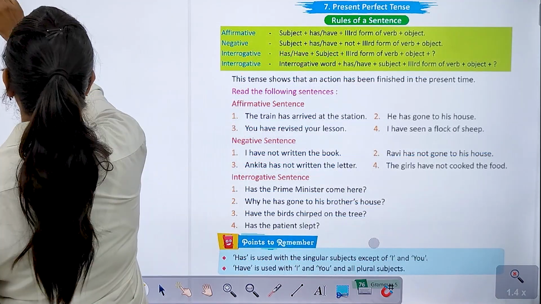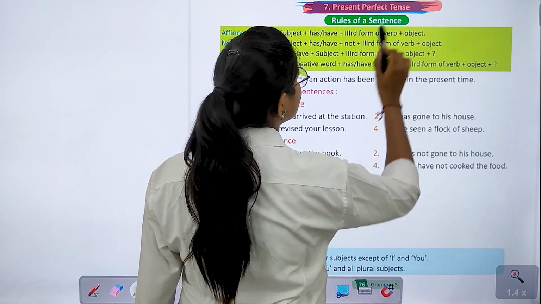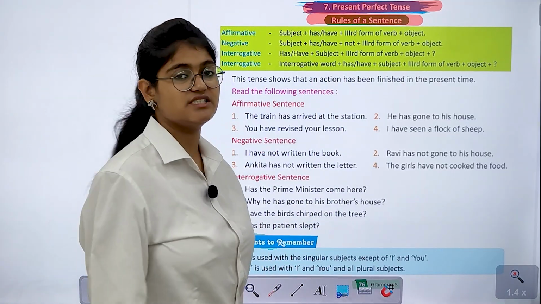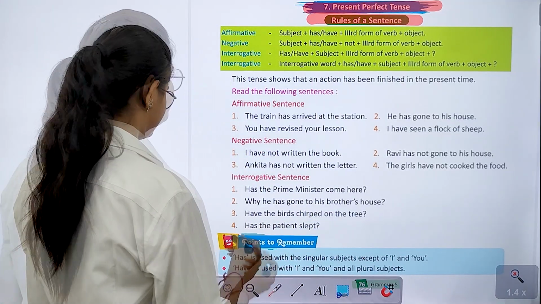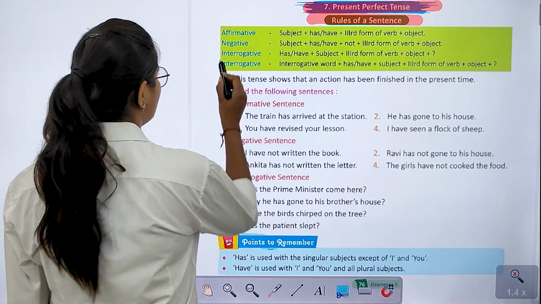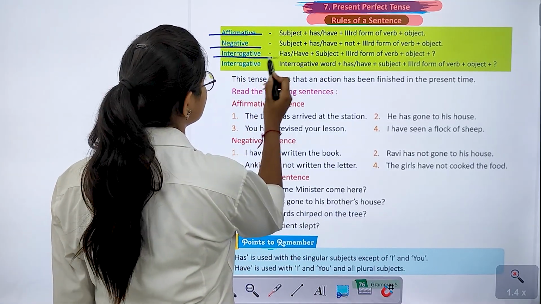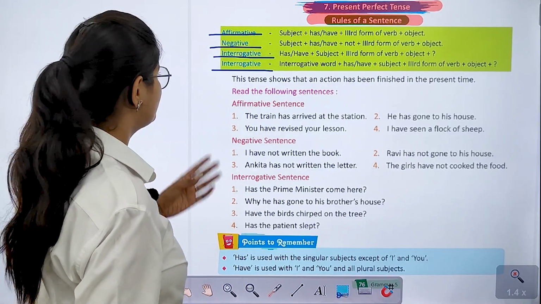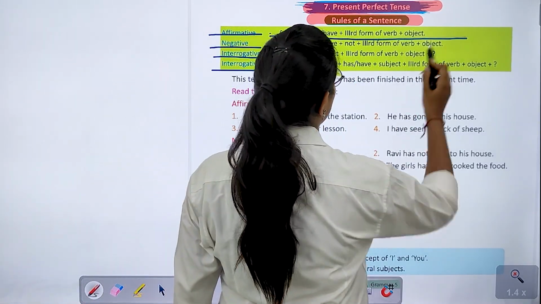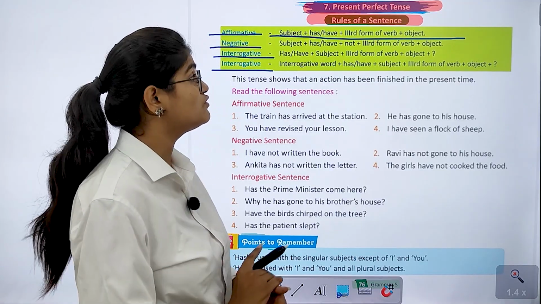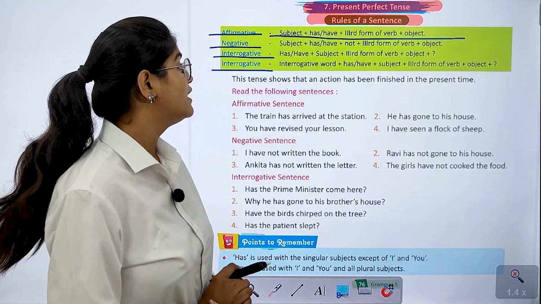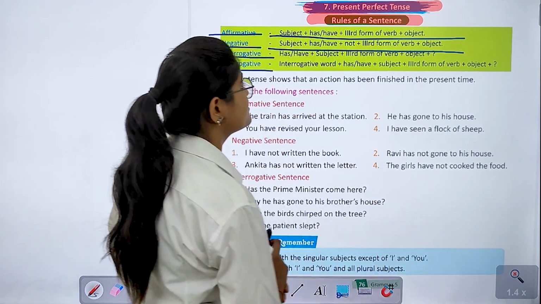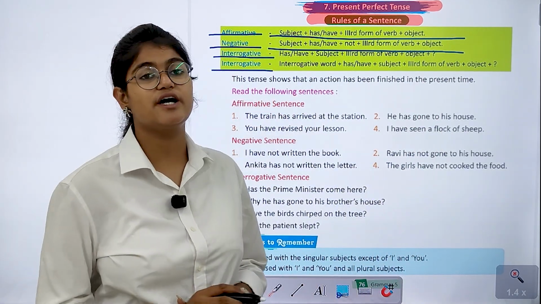Right? Next we have the topic which is present perfect tense. Again, same pattern, we have the rules of a sentence. So let's begin with the rules. Which are affirmative, negative, interrogative and interrogative. So the formations are: subject plus has/have plus third form of the verb plus object. Right? Next is negative form, in which: subject plus has/have plus not plus third form of the verb plus